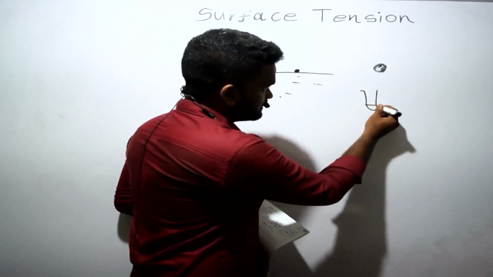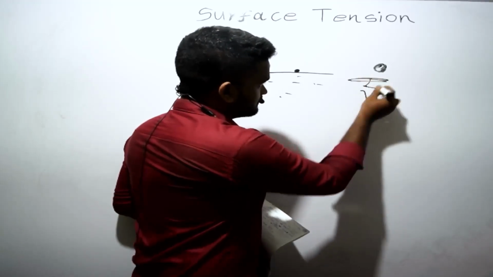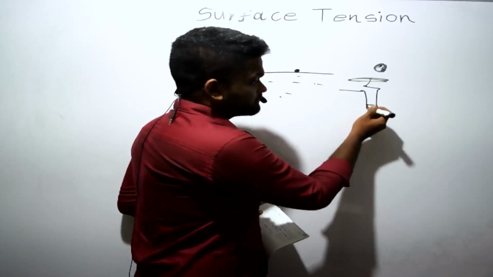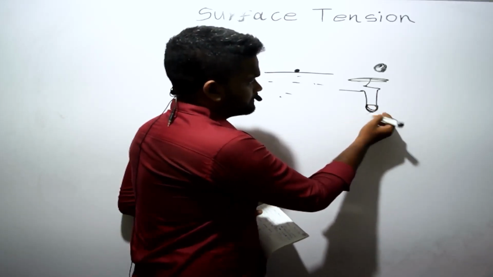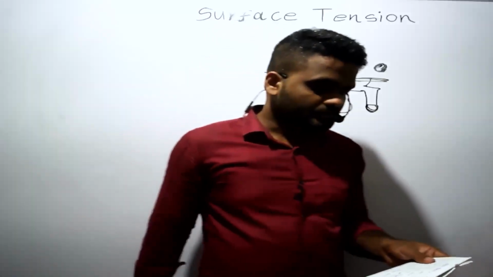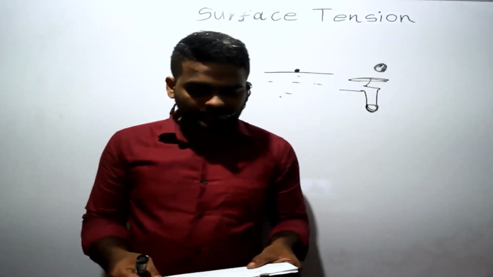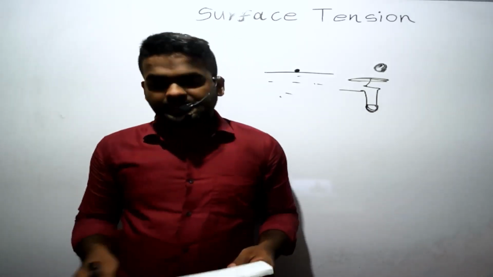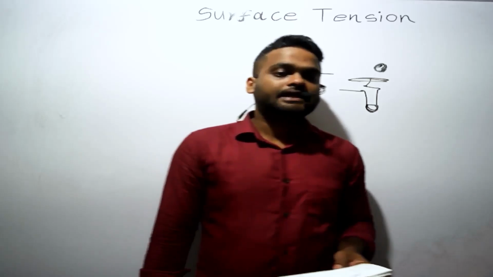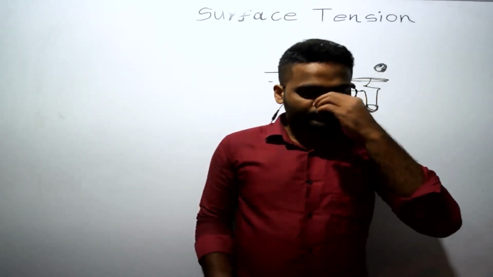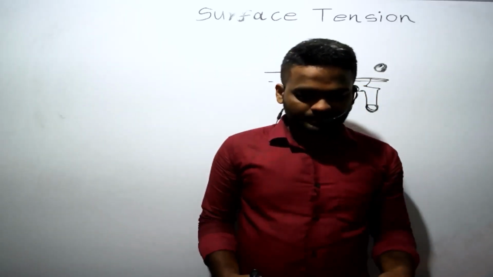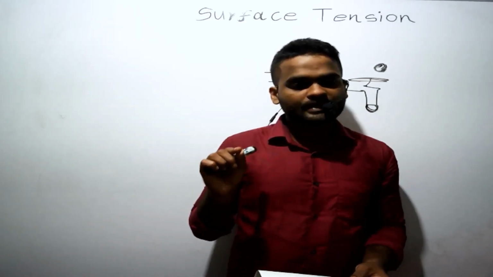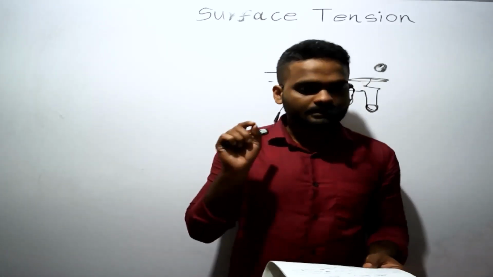You have seen this, right? If this is a tap, there's a drop that remains at the bottom, right? Comma, small raindrops taking a spherical shape,